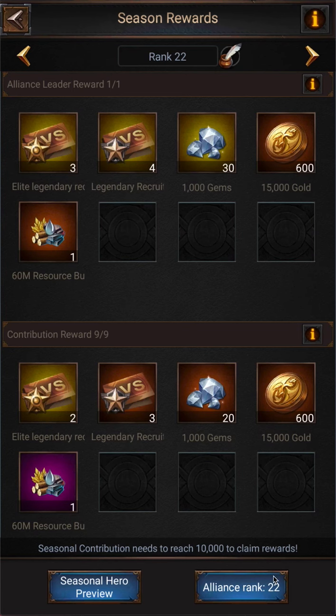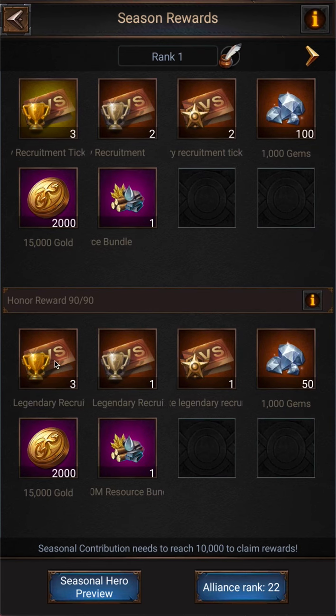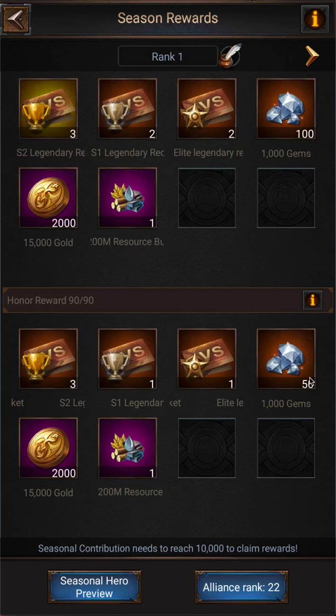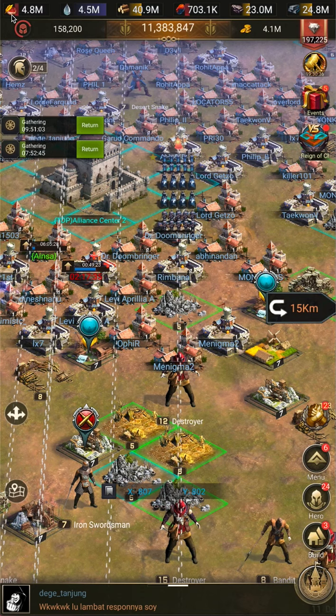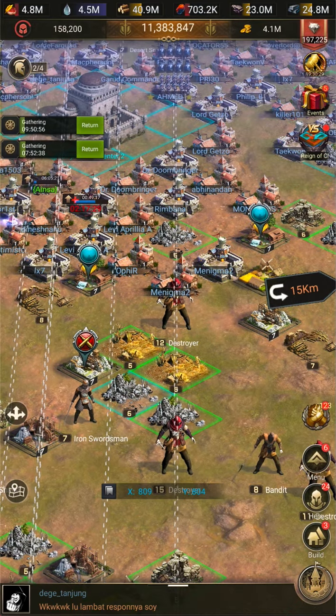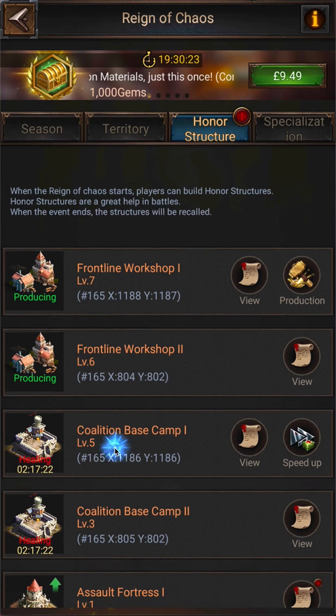Because if you look at the rewards, it's not bad for rank 22, but if you look at the rewards from rank 1, whew, we're getting season 2 recruitment tickets, season 1 recruitment, 50,000 gems. So if you finish in rank 1 at the end of the season, you get some insane rewards. 200 million resources, a load of gold. So we want to finish as high as possible. So this is all about taking tiles at the moment, taking as high a level tile as possible. Keep pushing that. Keep pushing your production in your workshops. Keep upgrading your coalition base camps,